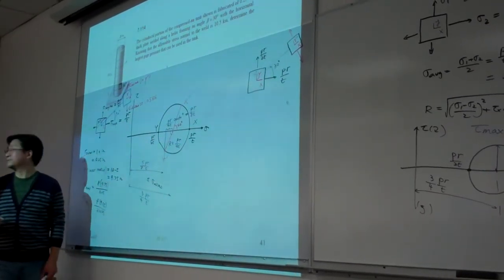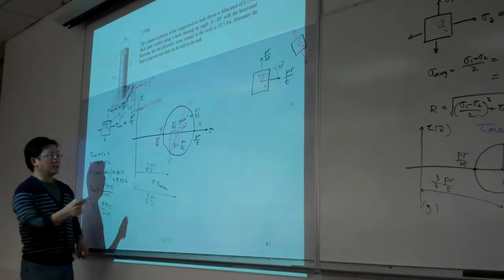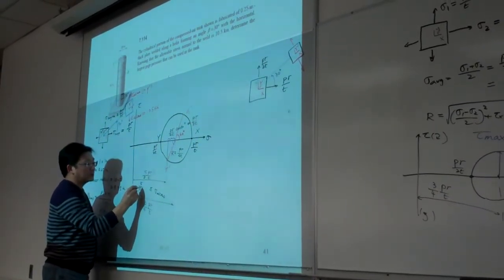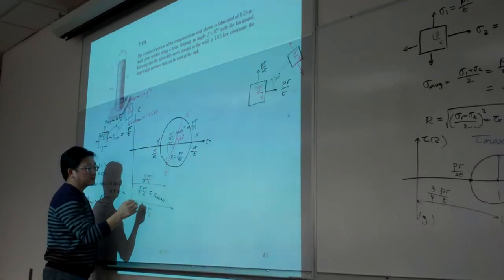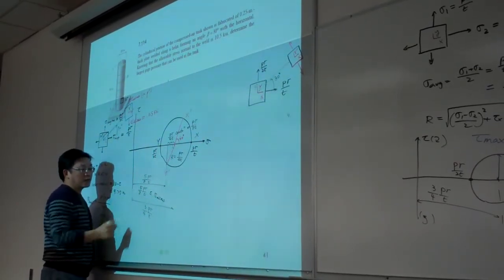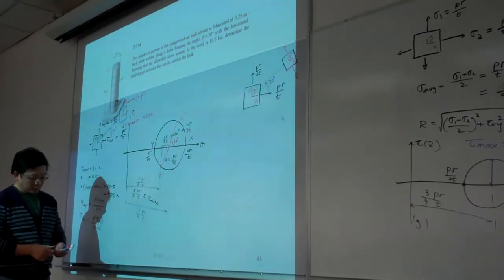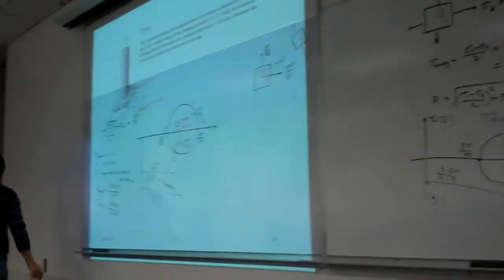Are we good? Okay, so this means 5/8 PR over T must be less than or equal to the allowable. So that is our design criteria. So from this case, we will be able to calculate